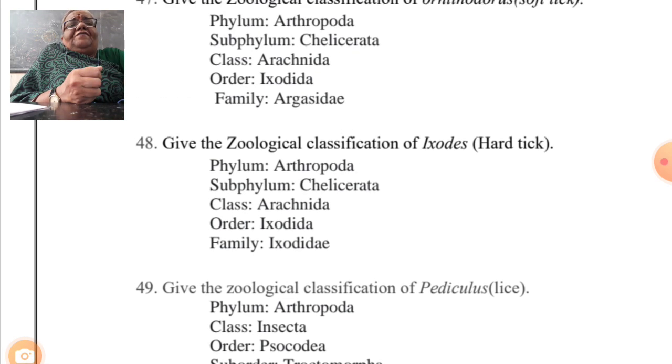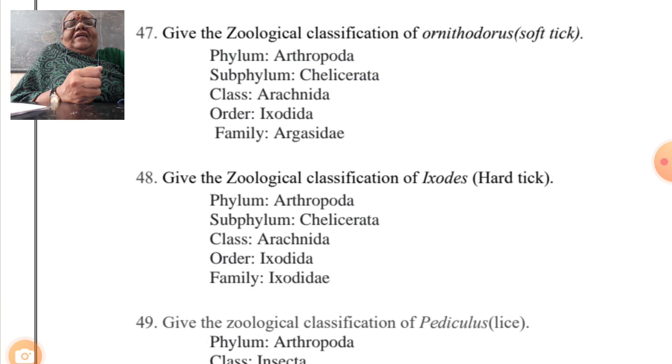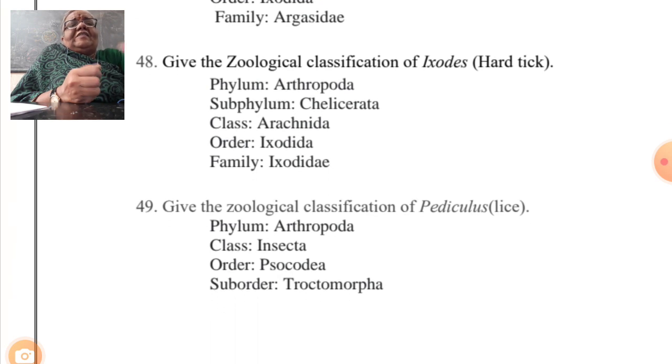So soft tick, hard tick, what is the difference when it comes to the level of family? That is Ergazidae, this is Ixodidae, and the genus is Ixodus. It is commonly called hard tick. Okay, and there is one more